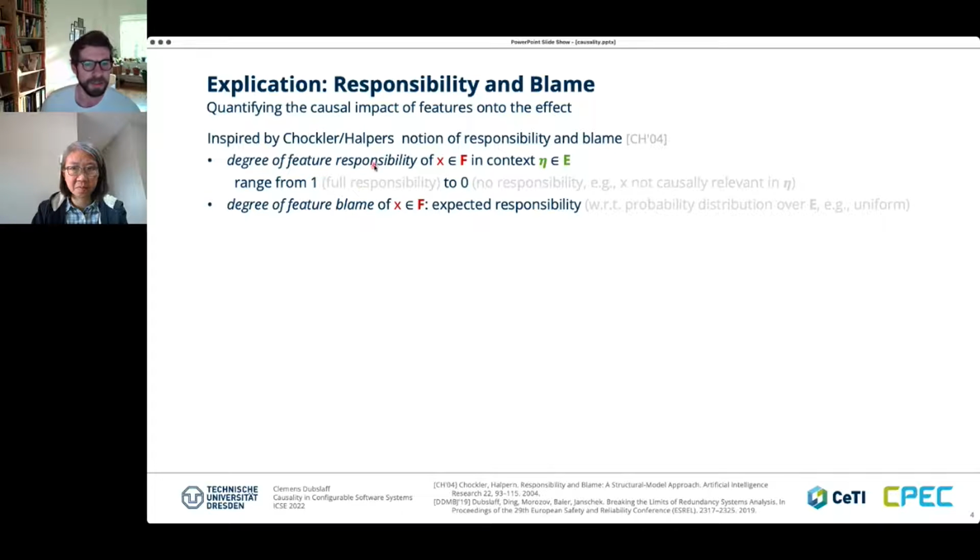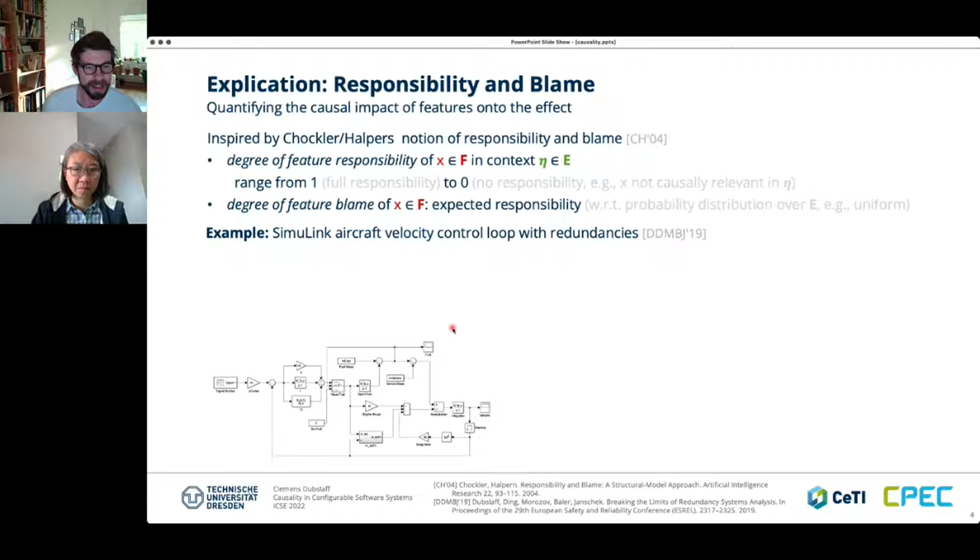The degree of feature responsibility is defined, for some feature X and some effect instance, as a value of 1 if it's fully responsible, and 0 if this feature is not responsible for the effect. Then, given a probability distribution over the effect, we can define the blame, how to blame this feature for the effect. One example is the Simulink aircraft velocity control we consider here,